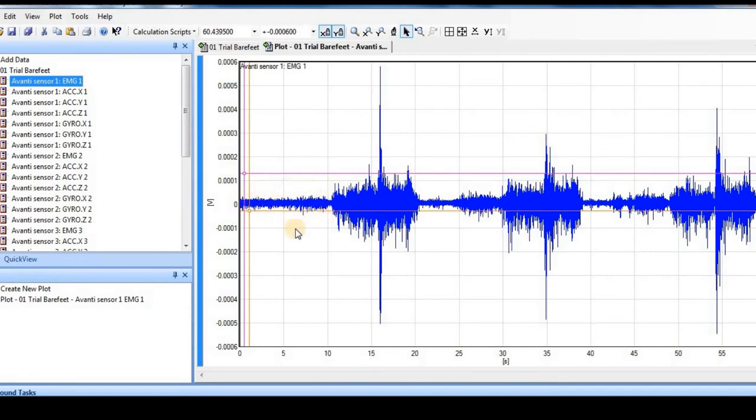Now sometimes we assume that the mean of this period is going to be 0, which may not be the case. So what this feature does, when we check remove offset, is compute the mean of this baseline activity and subtract this mean value from the analysis data series.